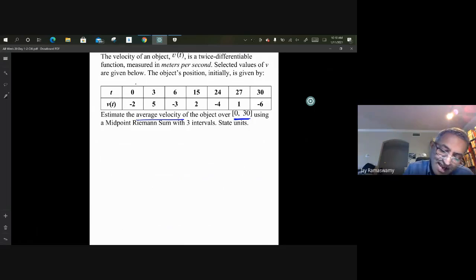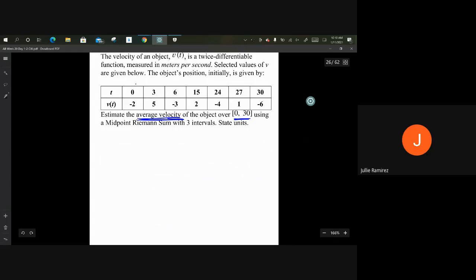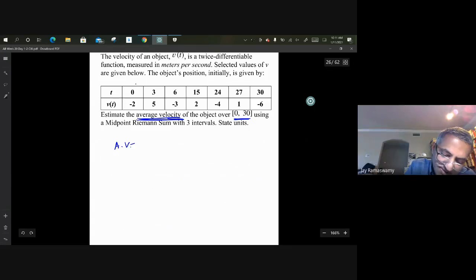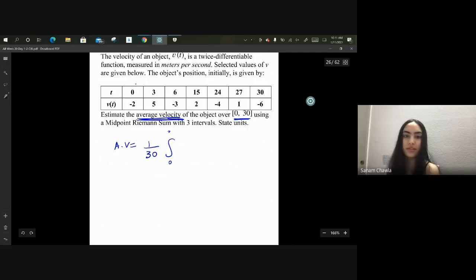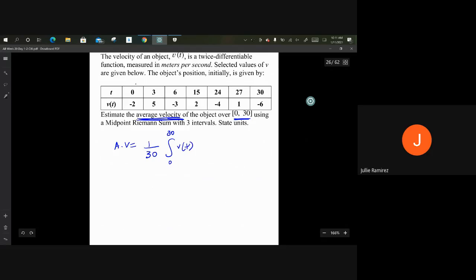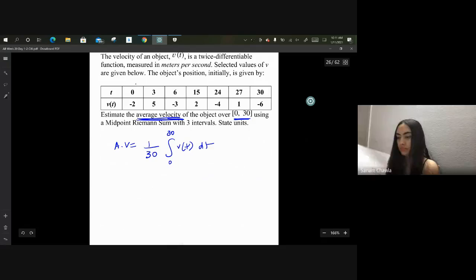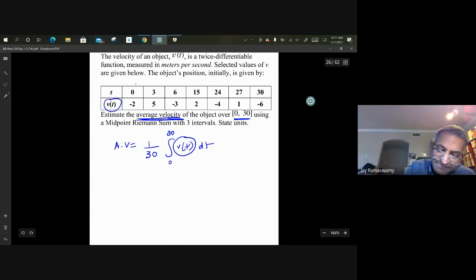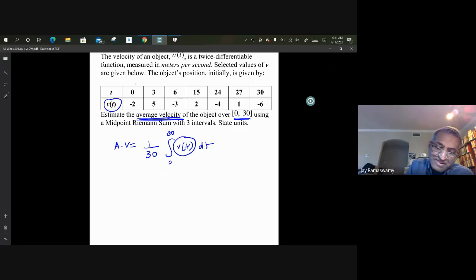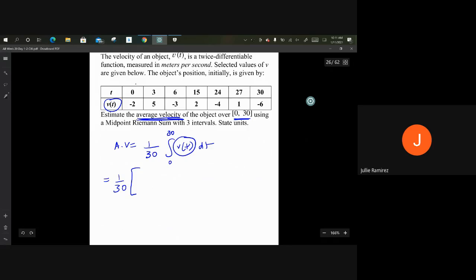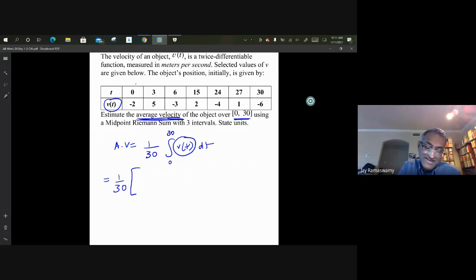It says estimate the average velocity. How do we interpret it literally? Exactly the way it's written. AV equals the integral from 0 to 30 of v of t dt. Okay, stop. Is there a mismatch? No. So are we just finding the area under the curve from 0 to 30? Yes. And it says using a